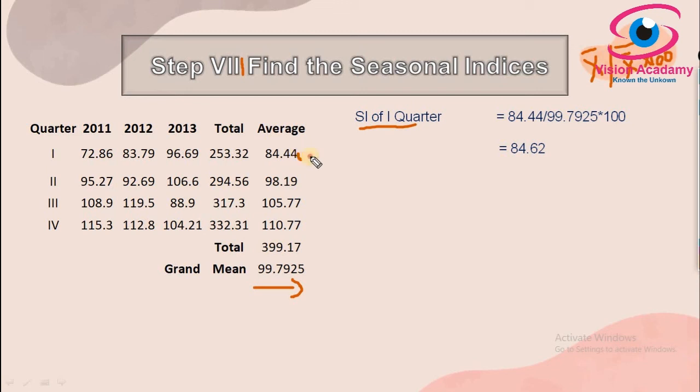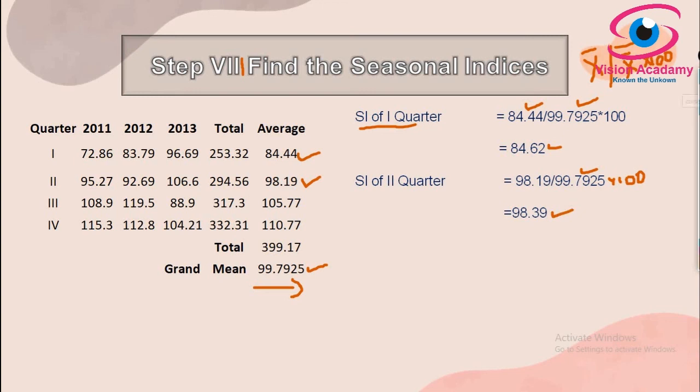The mean of the first quarter is 84.44, and the grand mean is 99.7925, into 100 will be 84.62, the seasonal index of the first quarter. For the second quarter, the mean is 98.19 and the grand mean 99.7925, into 100 will be